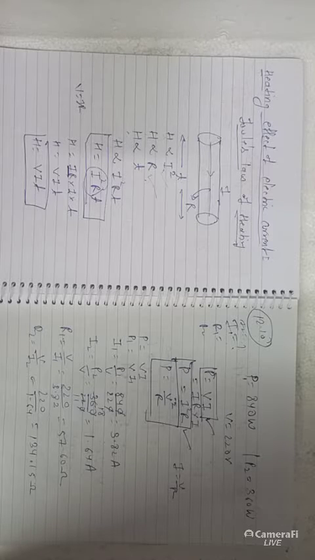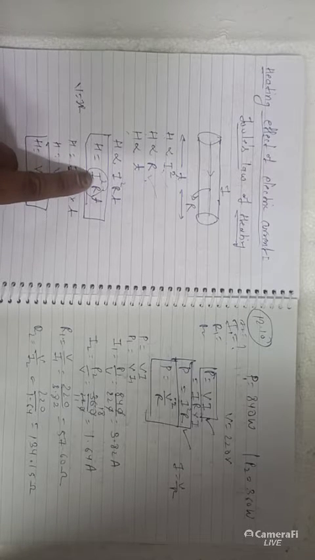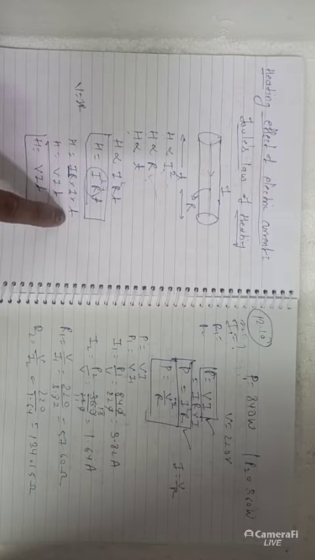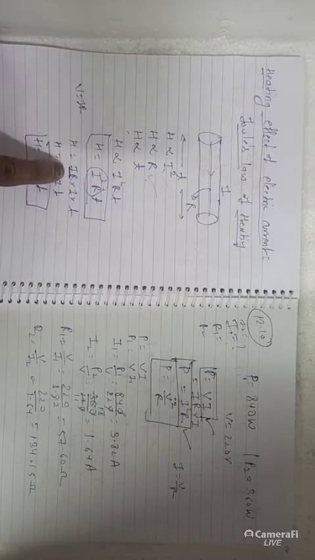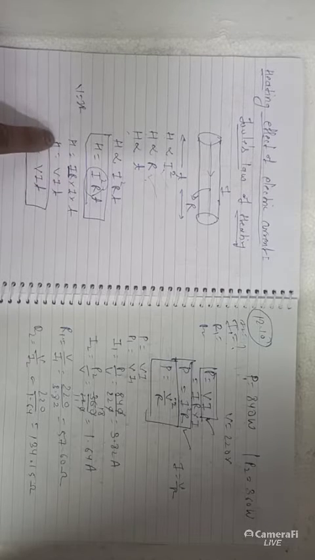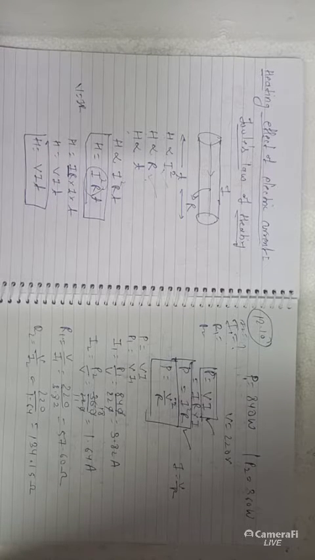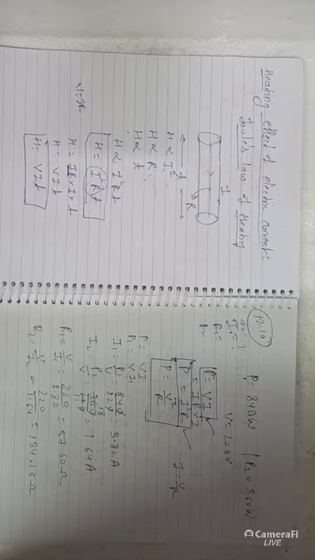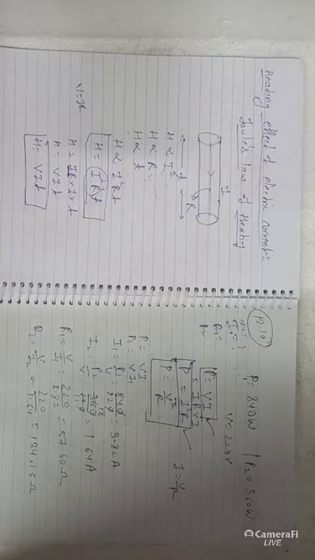One more form of this formula we can use here. We know that V equals IR. So if we divide I square RT into two parts, IR into I into T, then in place of IR we can write V. So H equals VIT is also a formula for heating effect of electric current. I think I am clear with this.